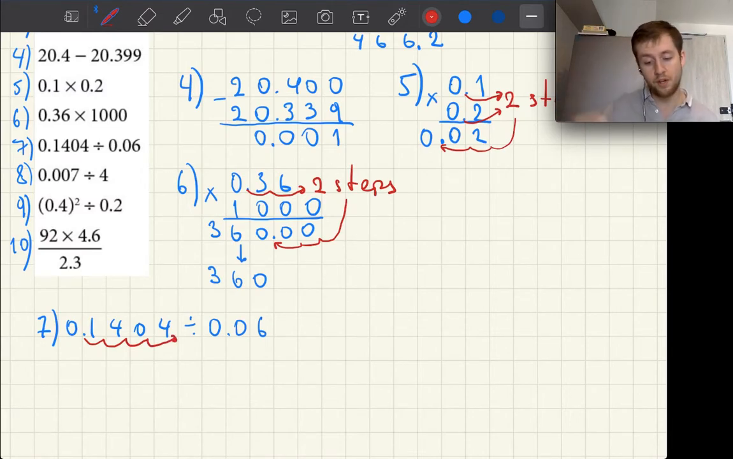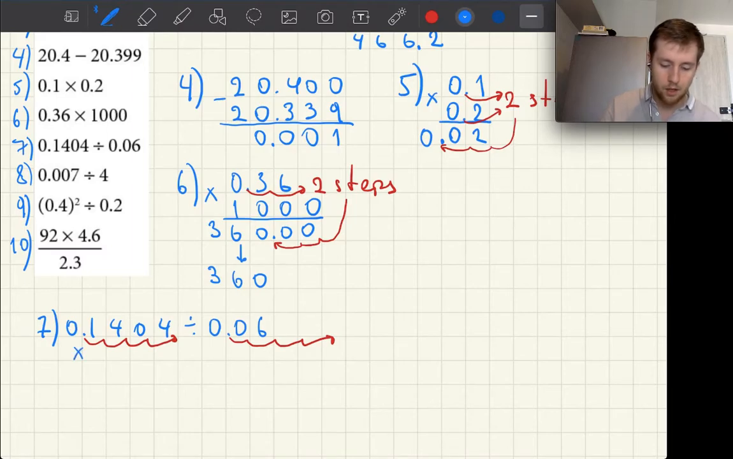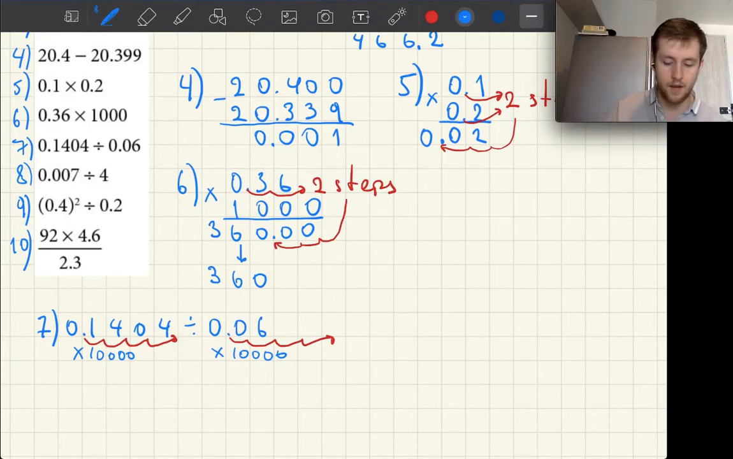We have to move the point 4 steps to the left. Again, we have to do the same action to the right, and we have to do the same action to both of these numbers. That's how it works. And to do this, we have to multiply both of these numbers by 1 with 4 zeros, because if there's 4 steps, there has to be 4 zeros in this number. So we multiply both of them by 10,000,